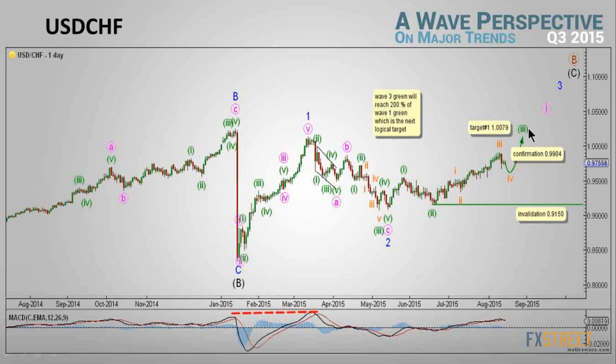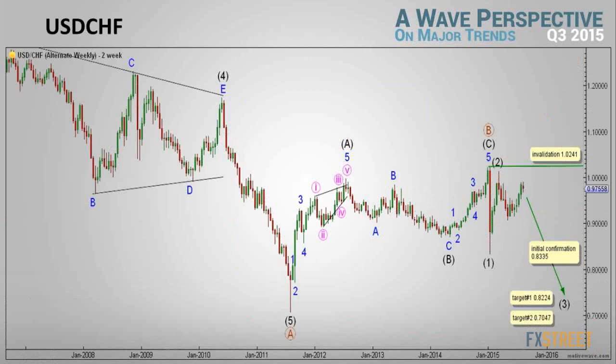If that invalidation point was reached, then we will automatically shift our focus to the alternate weekly count, which expects that wave B maroon is complete and that wave C maroon is starting to unfold toward the downside. And within wave C maroon, waves 1 and 2 black are complete, and wave 3 black is underway. This count would be initially confirmed by movement below 0.8335, and we have 2 targets for the completion of wave 3 black. The first target is at 0.8224,